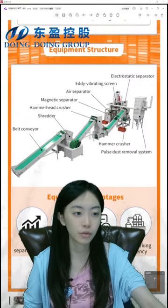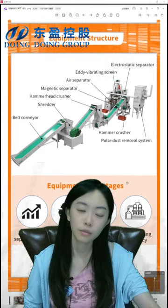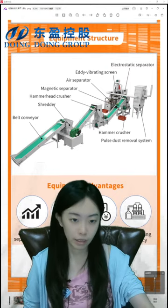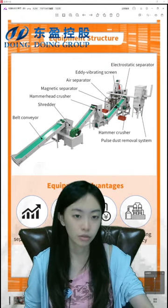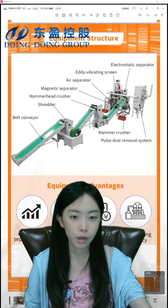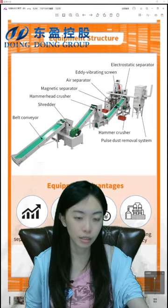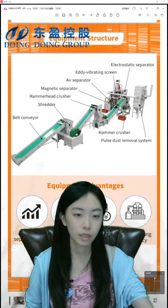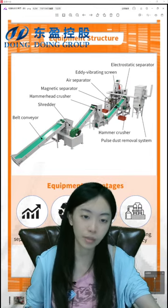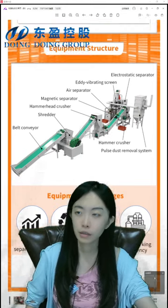And this is the equipment structure. Well, it's very easy to understand. We have the shredder, crusher, and the separator to have these products. Well, if you want to have higher quality products, like we don't want to get some cheap steel metals in our copper and aluminium and other metals, so we can have a first